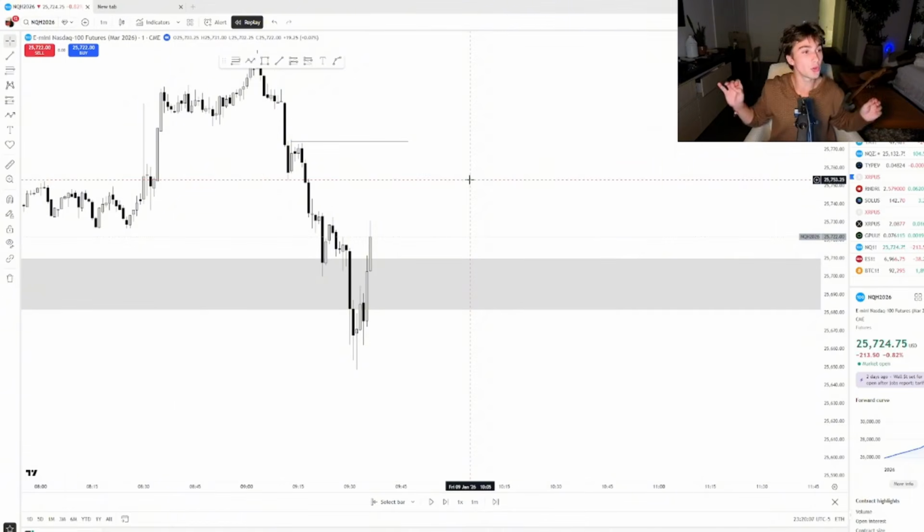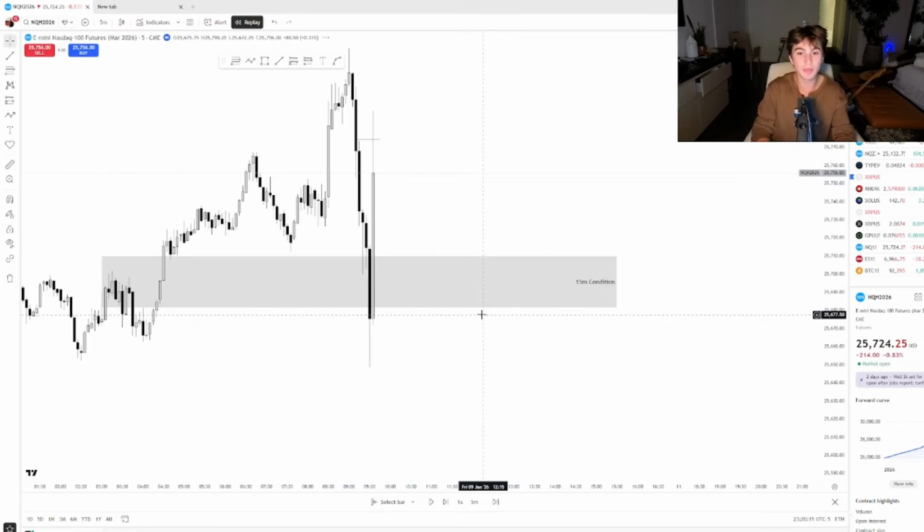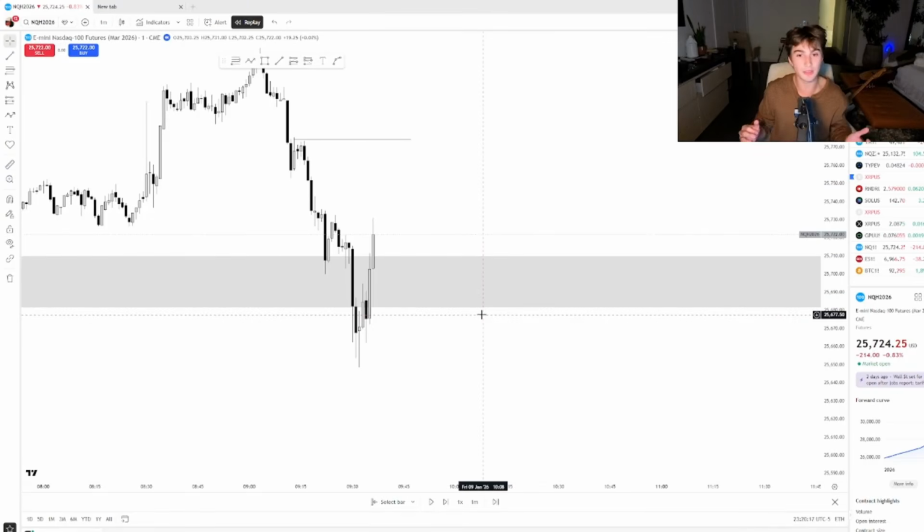And so now let me show you this whole trade idea top to bottom. We hit this 15-minute condition. We assume that this should get respected, but we need to confirm it through an inversion. And now we see that after price hits this bullish 15-minute gap, we're now inversing this 1-minute bearish gap. And so what does that tell us?